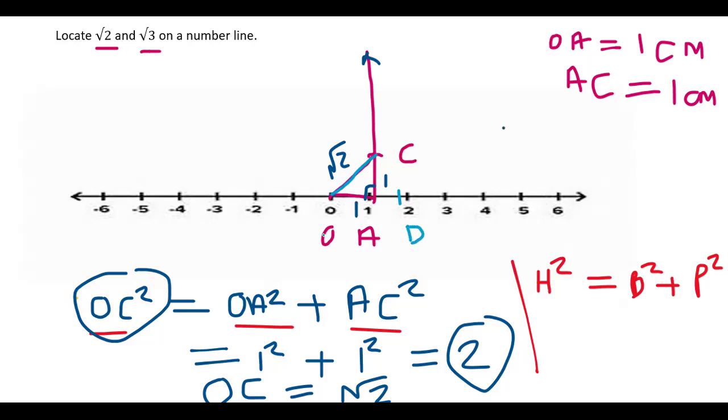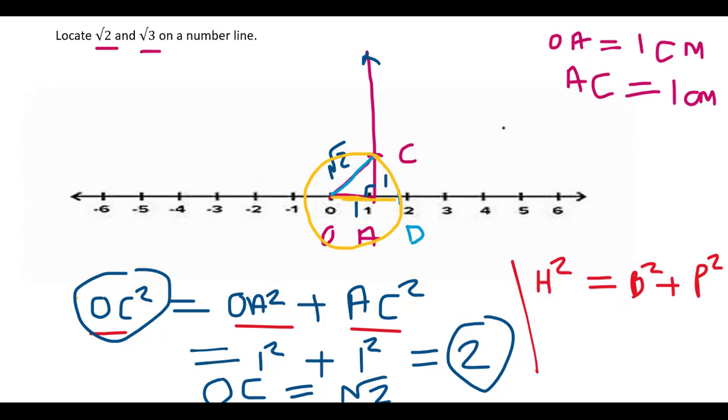Now, a very important step we have to look at. Now using the OC distance, we have drawn an arc on this number line. So if we can see, it is forming a circle basically. So here OC is the radius of the circle and also OD is the radius of the circle. As we know, radii of the circle are equal.